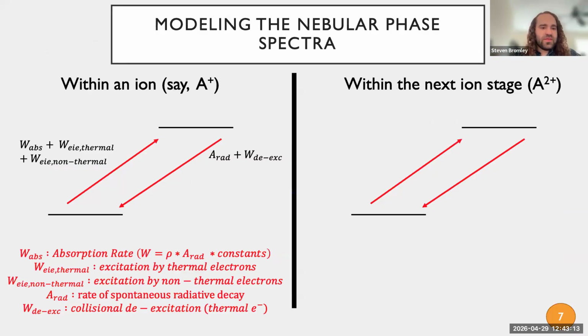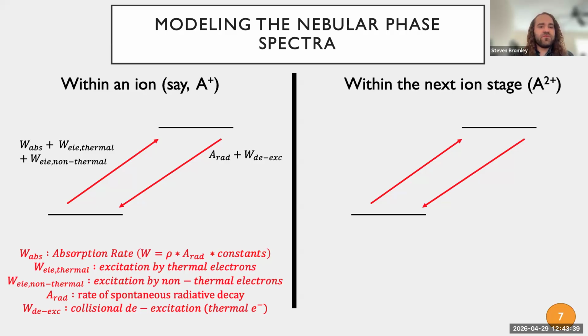And so if we can't make that simplified approach, we need to start to consider all the ways that these ions could be excited or ionized in this plasma. I'm showing here a graphical description of some arbitrary ion I'll call A plus. There's a couple different ways we could excite the levels in these ions. They could absorb a photon from the radiation field. They could be excited by either thermal or non-thermal electrons, and I'll talk about those populations in a moment.